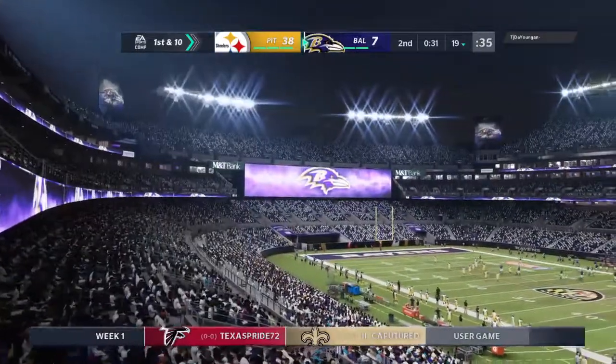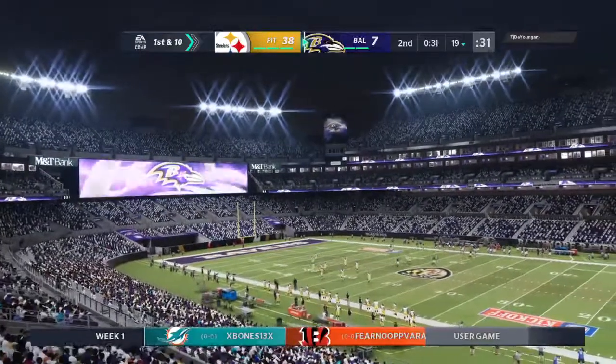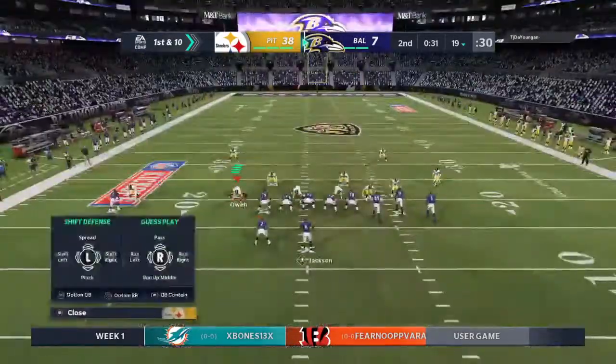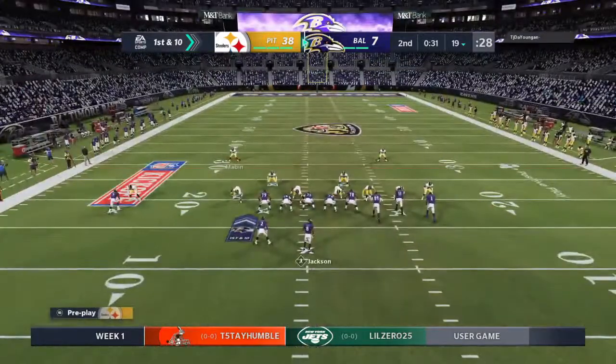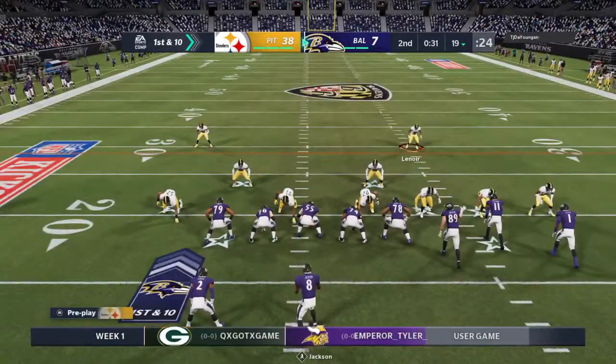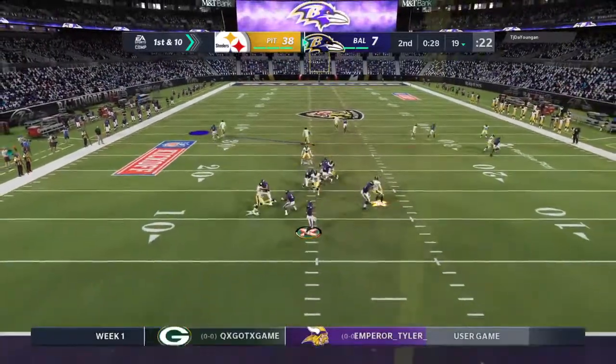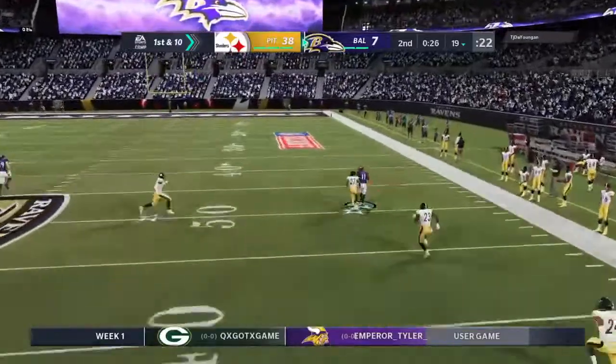And only able to get this to the 19, so probably should have opted for the touchback. At their own 19-yard line. The Baltimore offense at the line, set to get going. And last time, decent field position through the pick 6. Obviously costly. But they can't afford to just bunker in now. All right, good field position means go ahead and...